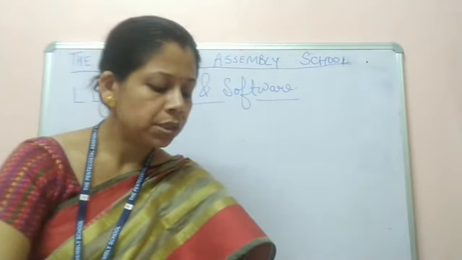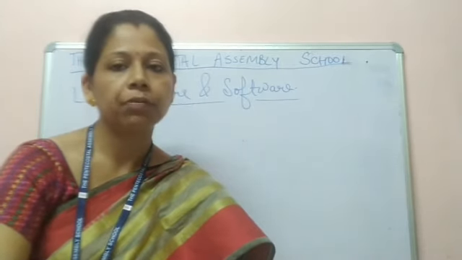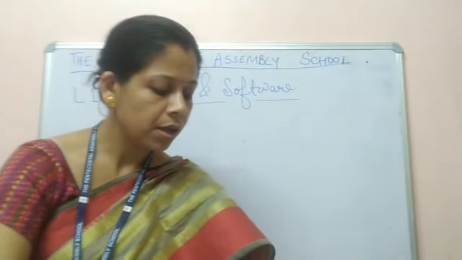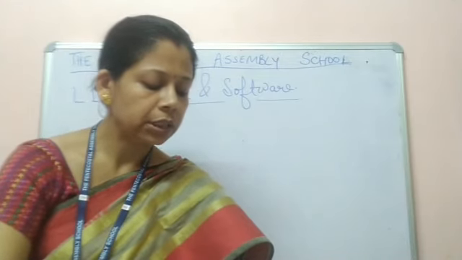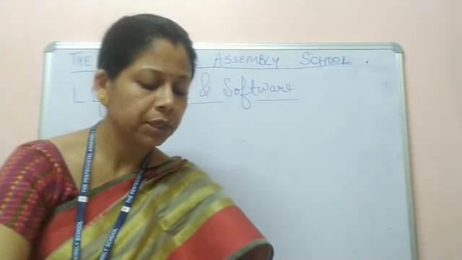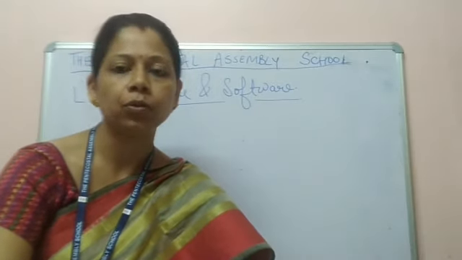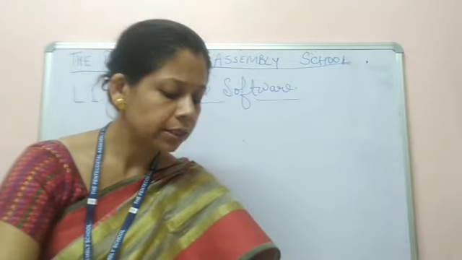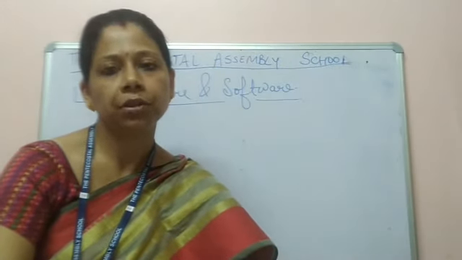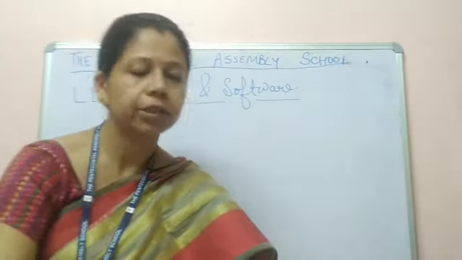Communication between police vehicles and police stations helps in fighting crime. Placing CCTV cameras around the city helps to keep a check on criminal activities and traffic movement. So what is a CCTV? What is the full form of CCTV? Yes, it is closed circuit television. Please write it over there, underline and write it over there.